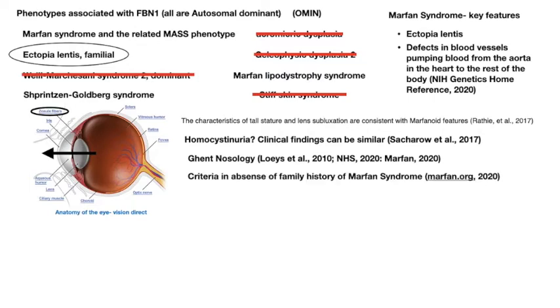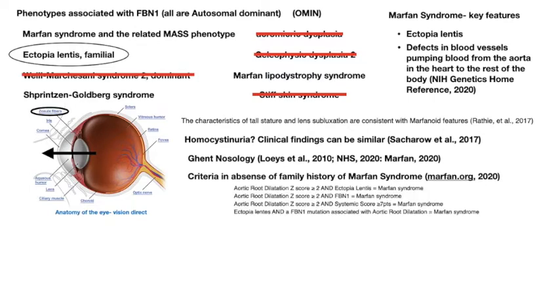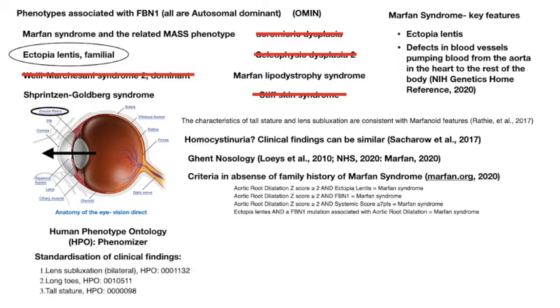Criteria in the absence of family history includes the following. We would need to perform tests to confirm or rule out aortic root dilatation. I used Human Phenotype Ontology's Phenomizer to standardize clinical findings, and the results of all these together came out with the following,